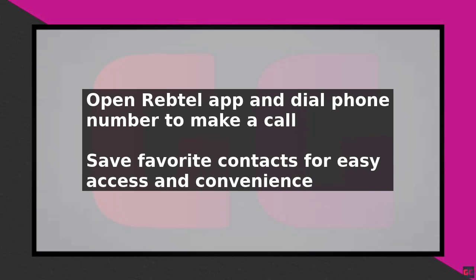When you make a call, Rebtel connects you to the recipient's phone number using its global network of local phone lines. This ensures high-quality calls with minimal latency and interference. You can also use Rebtel to send SMS messages and make video calls, depending on the recipient's device and network